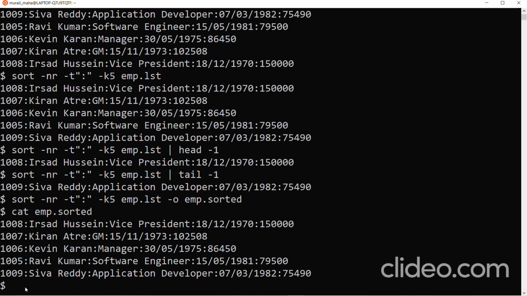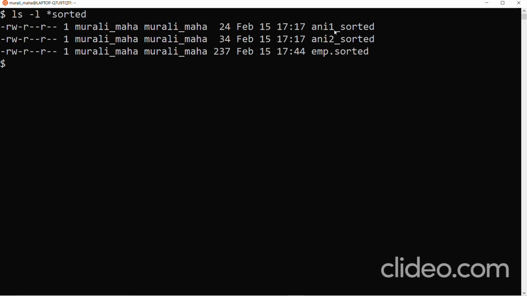Okay. Next, there is one more thing. Let me clear the screen. What if I want to check if a particular input file is already in sorted order? How do I do that? There is one file called uneven_sorted. Let me check it. I know that it is already in sorted order, but just imagine there is a very big file wherein you can't cross check whether it is in sorted order or not. So there is an option available with the sort command which helps me to do exactly the same task.